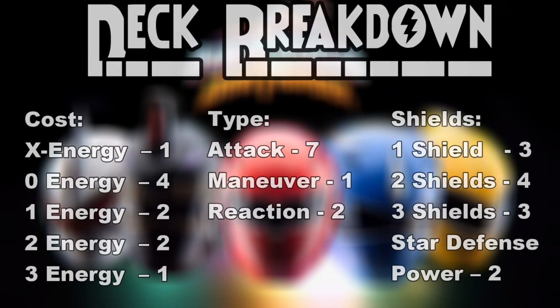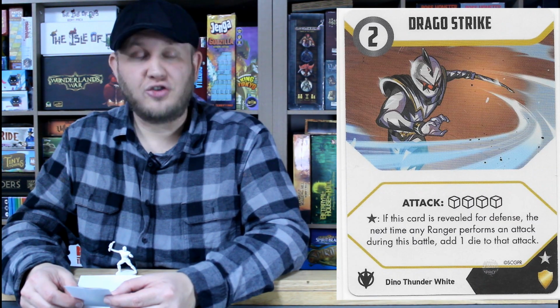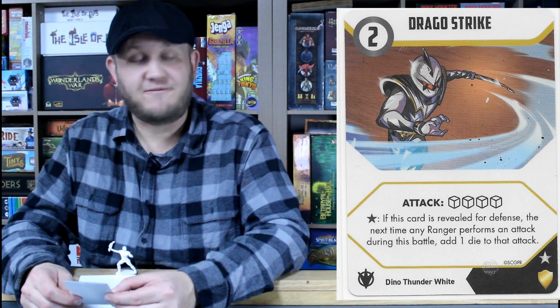Trent's deck is broken down very differently from the other Dino Rangers. He has 1 X energy card, 4 0 energy, 2 1 energy, 2 2 energy, and a 3 energy card. He has 7 attack cards within his deck, a maneuver, and 2 reactions, but his shields are the same as the other ones, a standard type 1, 3/4/3 breakdown. But amongst his defense cards, 2 of them have a special star defense power. I'll talk about that special defense right now with Drago Strike, a 2 energy, 4 dice